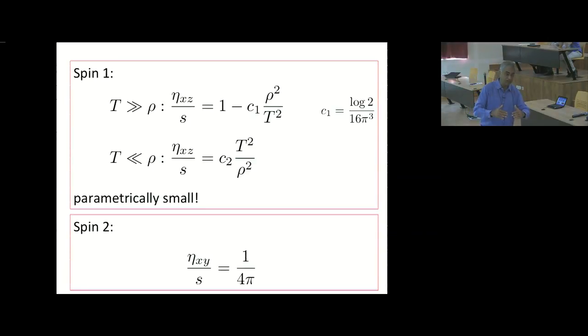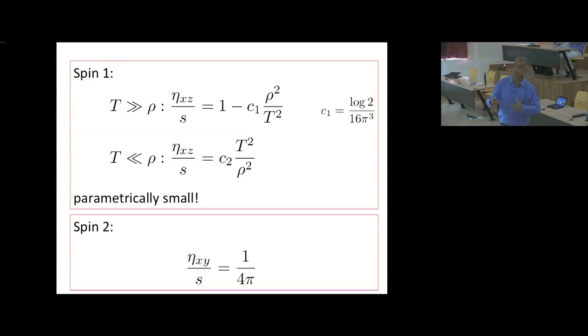But to second order, the geometry itself begins to get corrected because of the stress energy. That is to say, from the field theory point of view, the equilibrium phase configuration begins to change, and therefore the viscosity itself changes to second order in the anisotropy. So this is what happens.